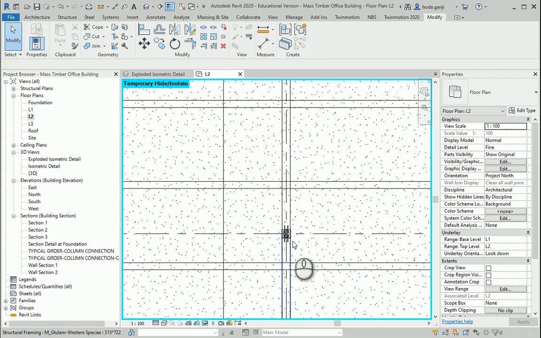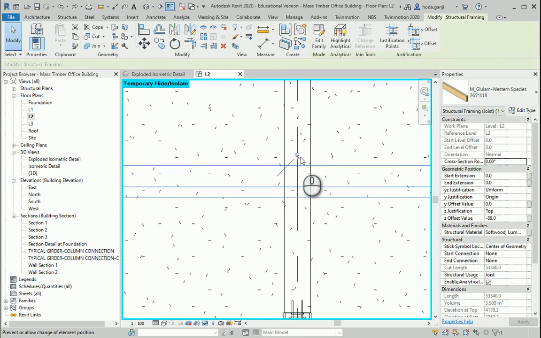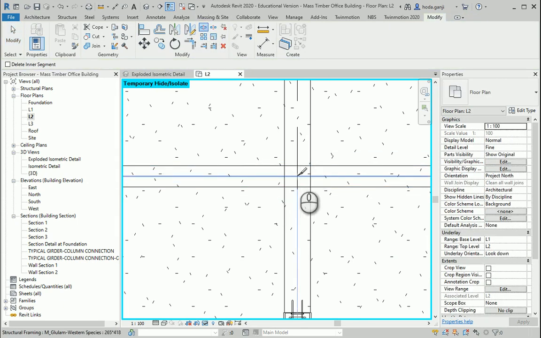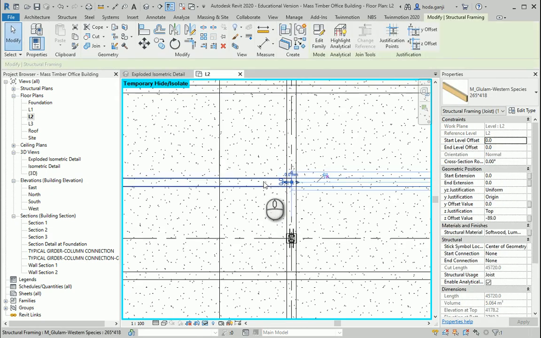Okay, better. So I want to use the split element. It seems that I need to unpin the element first, and then I can cut it in here.